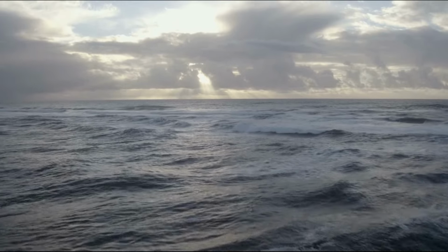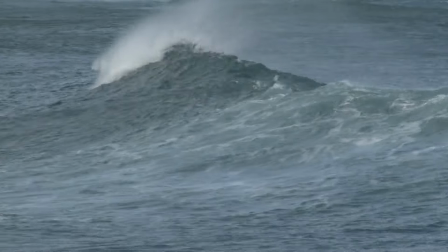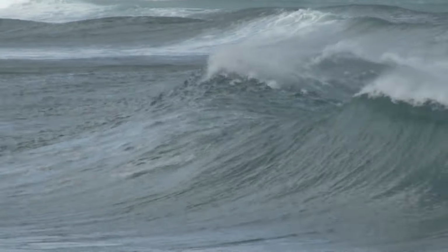Next time you're near the ocean, listen closely to the waves. That sound you hear, that's wasted energy. The energy from waves, tides, and currents, known collectively as ocean energy, is a massive resource just waiting to be